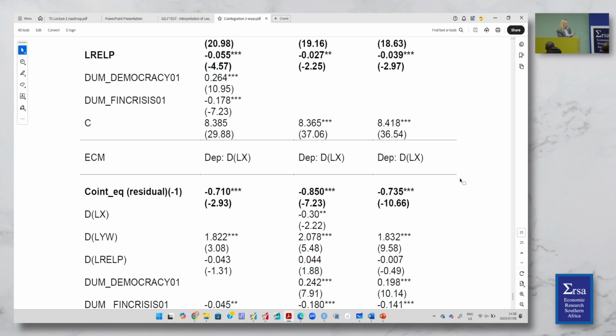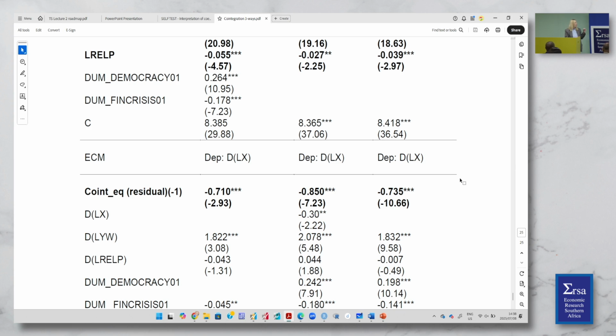And we can see from this, also a glance ahead, that it is negative. We call it an error correction mechanism. If we are in a disequilibrium,